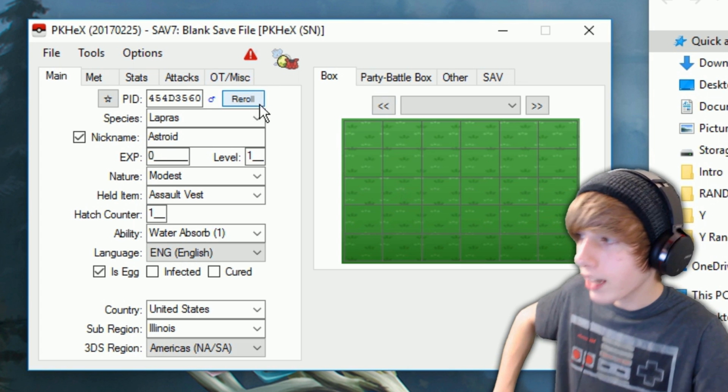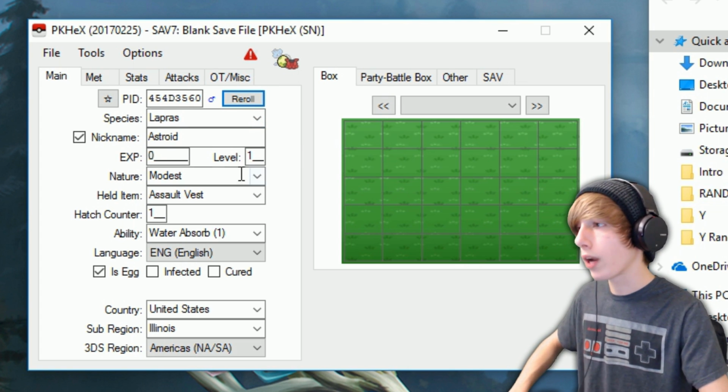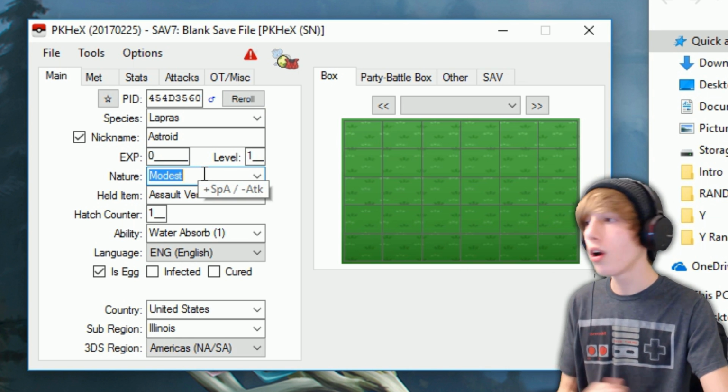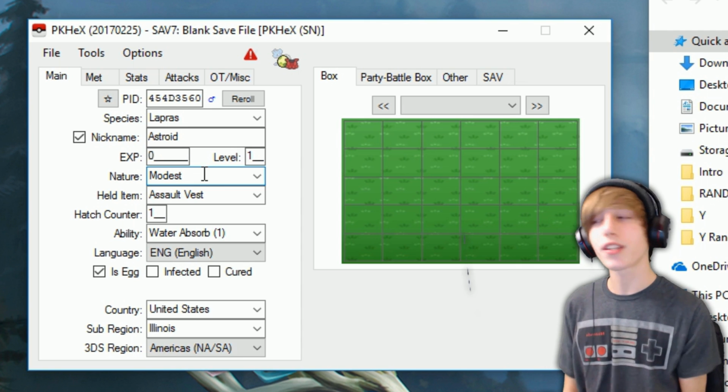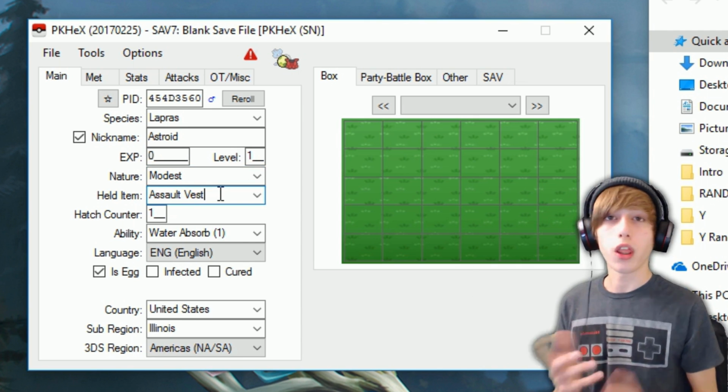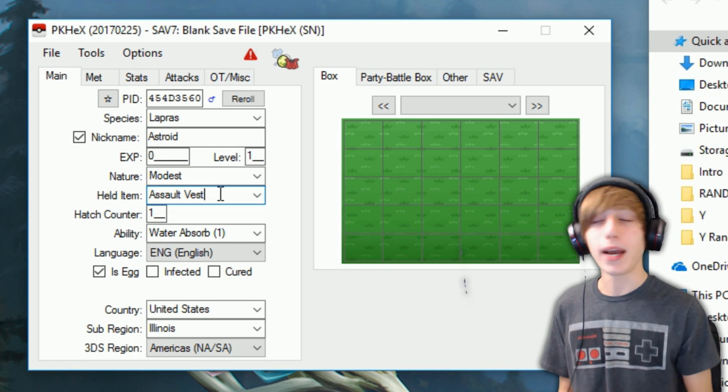Anyways, though, next up, you have nature. You can totally customize the nature to whatever you want. If you want it to hinder us, or if you want it to help us, that's totally up to you. If you want to see exactly which nature does what, then I'll include a link down below in the description for that. For the item, you can attach whatever you would like, whether it be a Salac Berry, a Mega Stone,